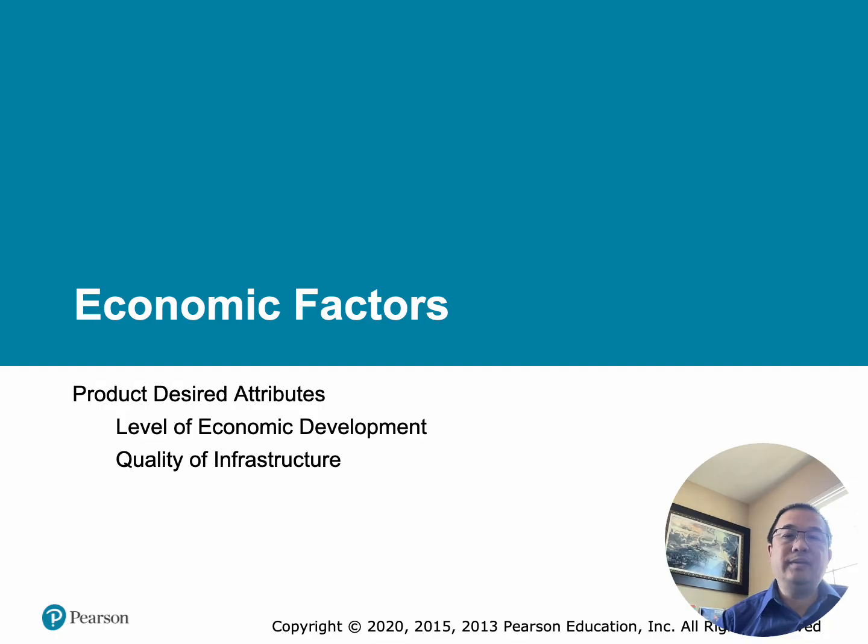Number 2, quality of infrastructure. Infrastructure includes roads, transportation systems, internet networks, electrical supply, and telecommunications. Why it matters: products must work within the country's infrastructure conditions. So, as an example for automobiles, in countries with excellent highways and reliable fuel supply, customers may prefer larger, more advanced vehicles. In countries with poor road conditions, customers may prefer rugged SUVs, durable suspension systems, and easy maintenance.